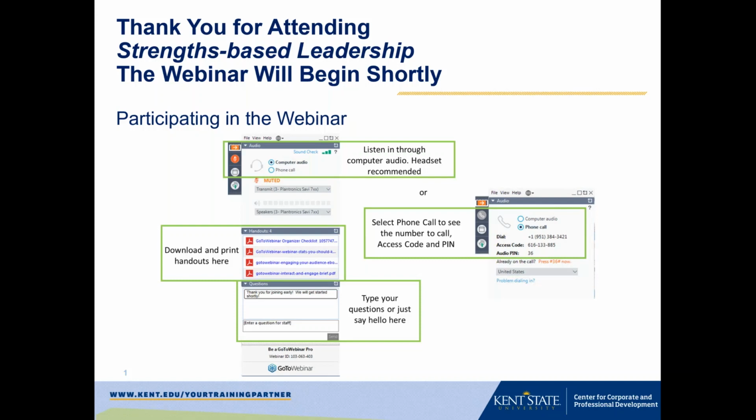The first one, and one that I'll be utilizing throughout the presentation today, is the book StrengthsFinder 2.0 by Tom Rath. Now, this book has been around for quite a while. I think it was published in 2007. But if you haven't taken a strengths assessment, this is where I would start. There's just a lot of great information in this book and in the assessment that you can really learn about yourself.